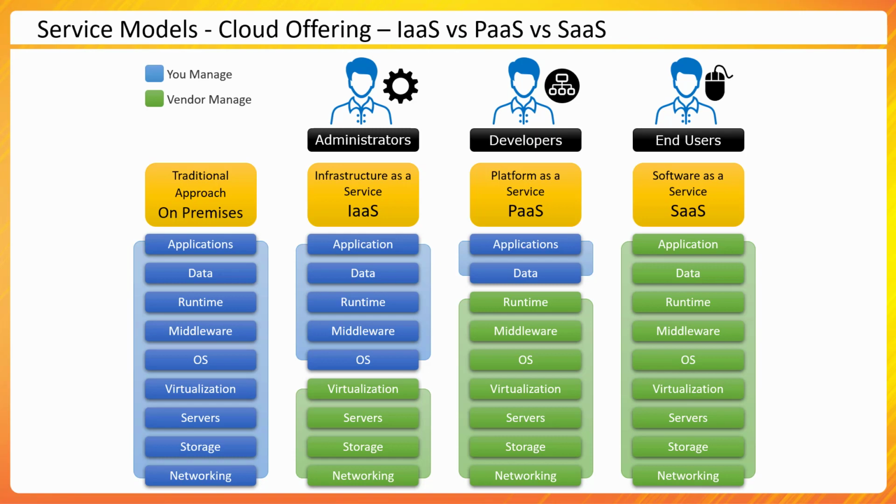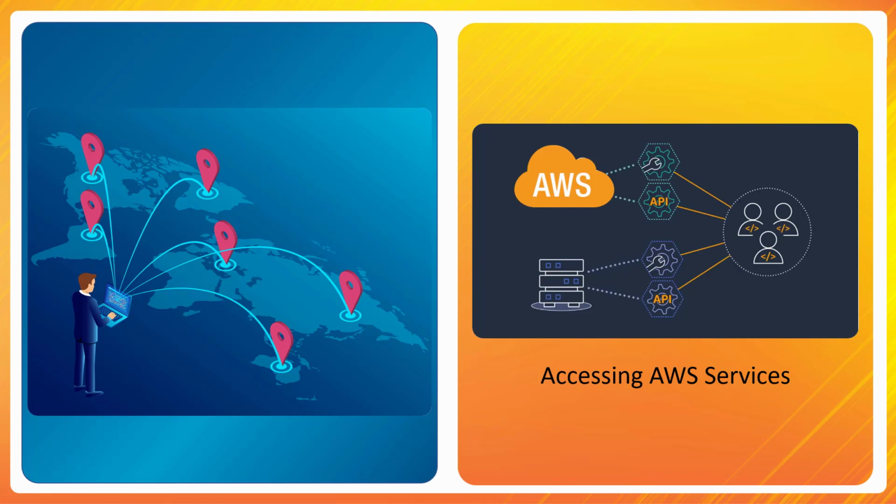Let's keep moving forward and let's talk about how we access these services. I would now switch gears and talk about AWS specific services. So I want to access AWS services. Right? Everything in AWS is available as a web service. So I would just need a connectivity up to that service endpoint and then I can start accessing this service. So we will talk about how to access these services.